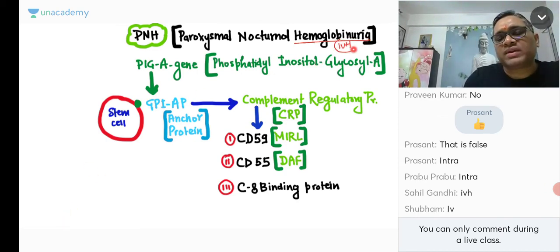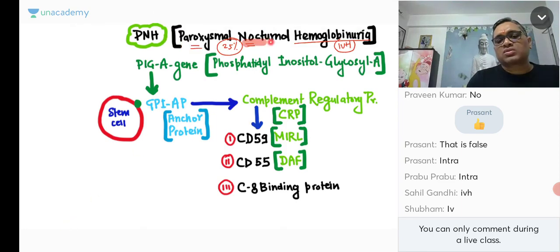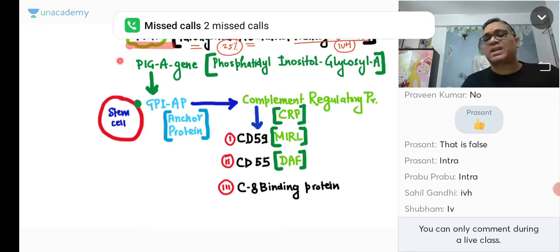That was the older AIIMS question. That is why I wanted to ask, right? What I want to say is that the names paroxysmal and nocturnal are a misnomer, because both are seen only in 25% of the cases. Paroxysmal, nocturnal events are seen only in 25% of the cases. That is why this name is a misnomer, but for the sake of carrying on, they are carrying it. That's all. Right? What is PNH? Can you tell me what is PNH?